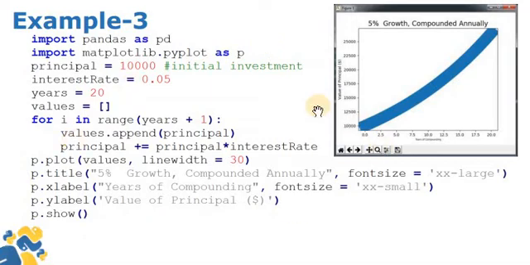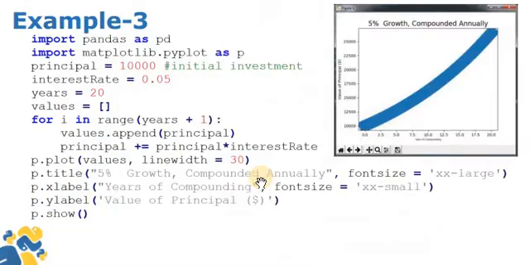So in this program we are calculating the compound interest, and those interest values we have to put into the graph so that we can easily understand them. Like in the first year it is 10,000, and in 2.5 years it will increase. So that shows the graph increases whenever the number of years increases one by one.